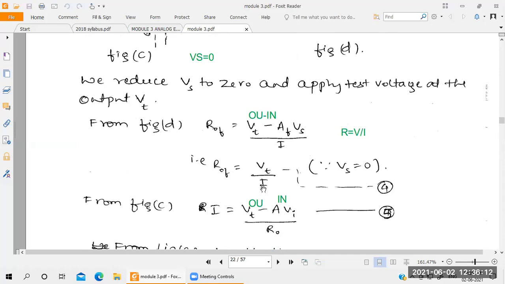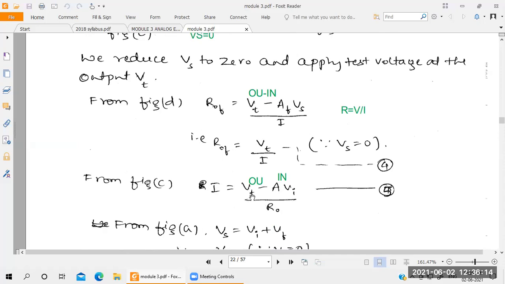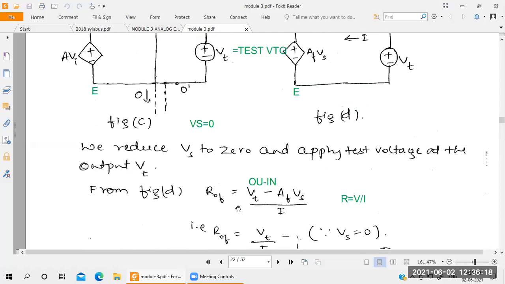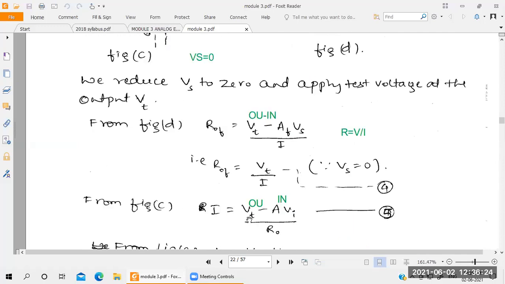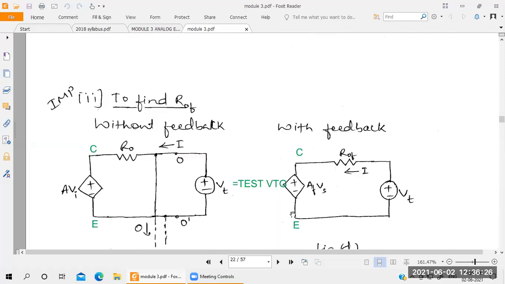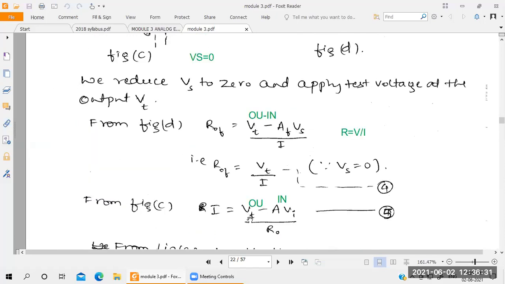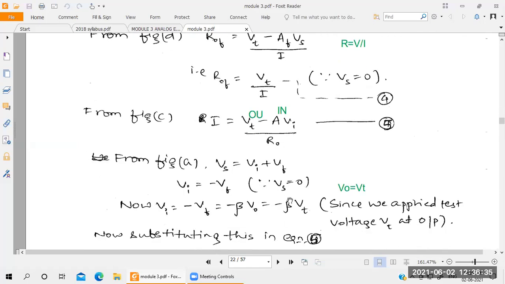Then you take the current equation from this figure, without feedback. You write it according to Ohm's law: Vt minus A into Vi. You take the difference in voltage, Vt and output voltage, so you write Vt minus A into Vi, divided by R0. Next,